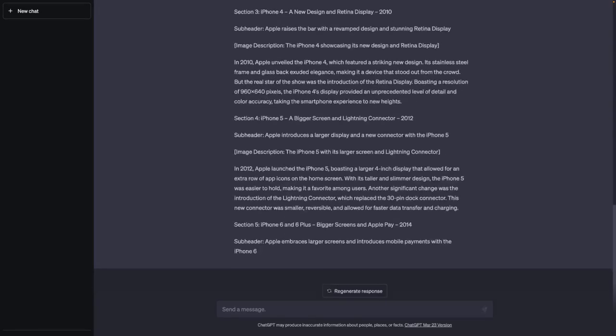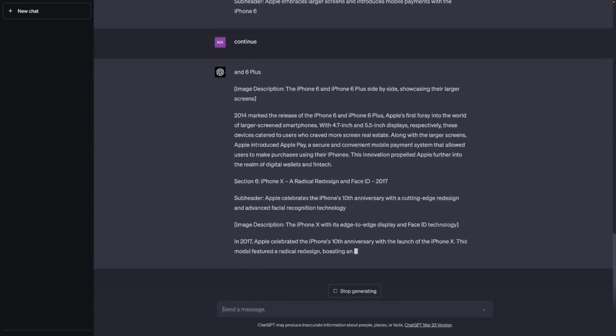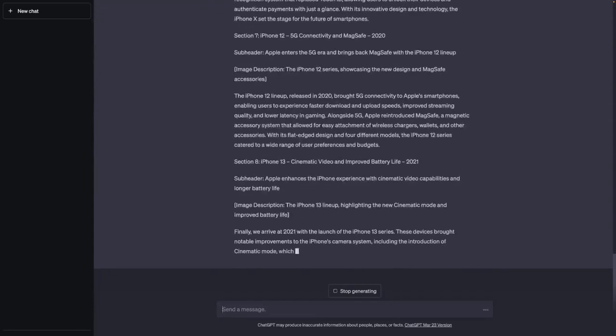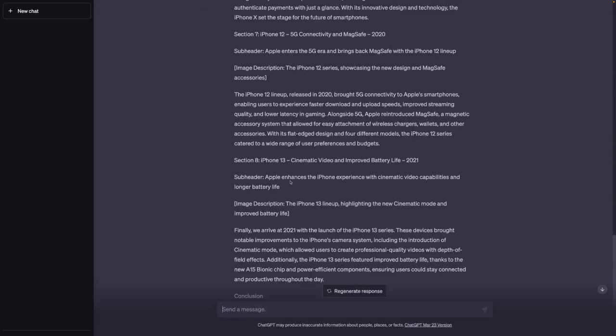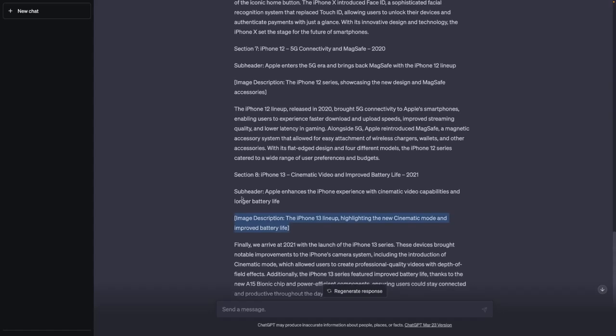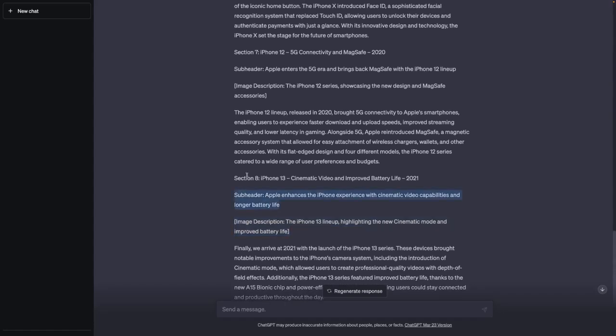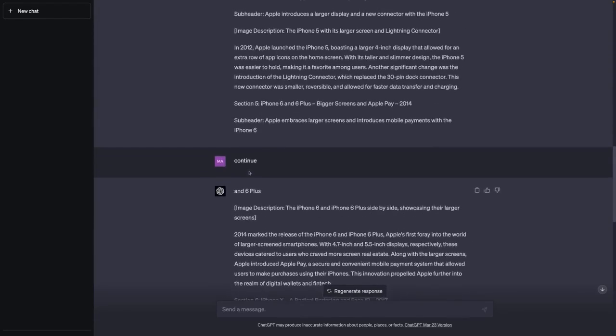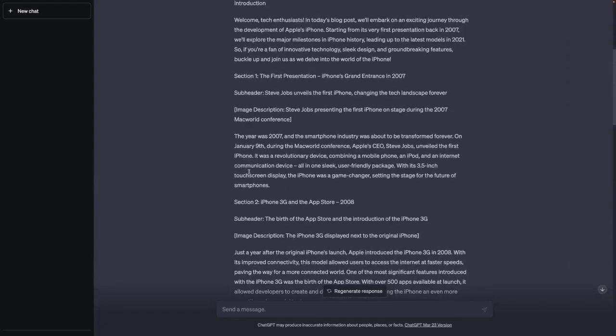This is an almost ready to be published article. As always, your output will look different. We talked about this throughout the course, but we have really a well-structured article. We have descriptions for the images we need. We have subheaders, we have sections, and if you look at the beginning of the article, for example, you see